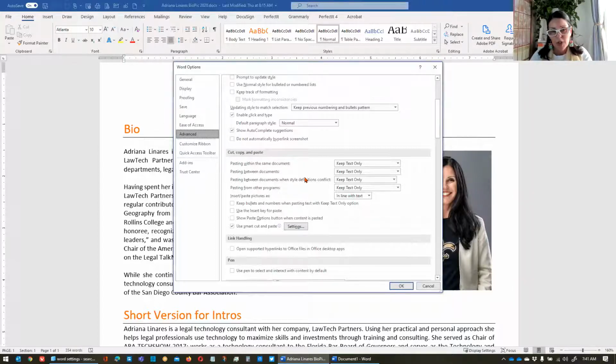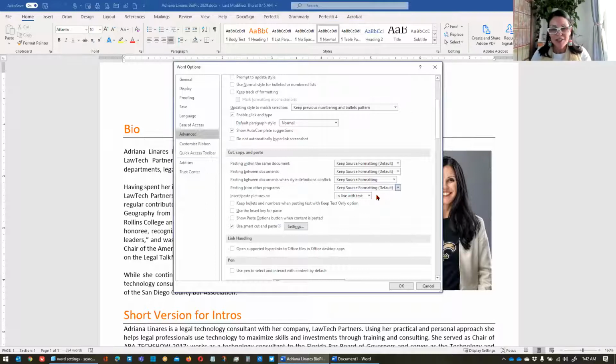By default, when you paste into a Microsoft Word document, it pastes with all the formatting. So if you're out on Lexis or Thomson Reuters doing research and you've copied some text and pasted it into your document, and let's say your document is in Times New Roman, you paste it in, it comes out as Arial. The reason Word does that is because by default, these settings here under cut, copy, paste are set to keep source formatting, which means you're dragging in baggage from the previous relationship that text had with a document into the new relationship that you're trying to form with that text.